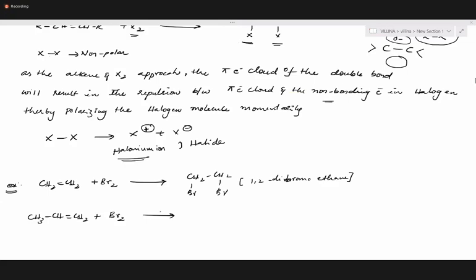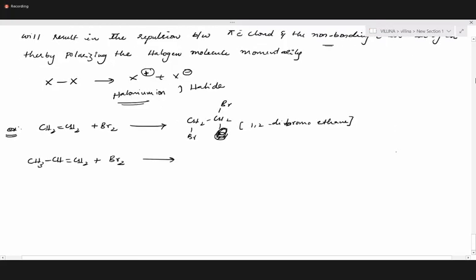Here you have hydrogens on the right. Anyway, this is a meso compound. It will be anti only, one above one. Okay, I'll write exactly as it is. 1,2-dibromoethane. So CH2, CH double bond CH2, Br2. Here also, both bromines will get added onto the carbons of the double bond. But which bromine goes to which carbon? Firstly, the first bromonium ion will go and get itself added. If you want to know that, we have to look at the mechanism. The mechanism is kind of twisty, but it's easier to understand. So let me show you how it happens.